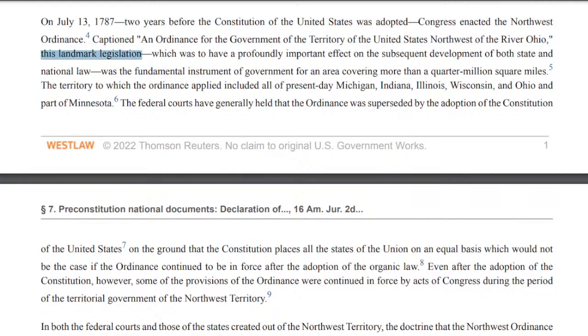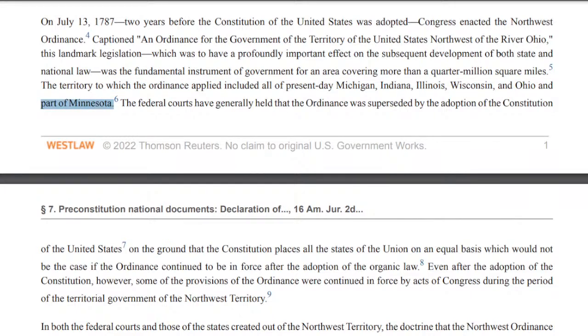This landmark legislation, which was to have a profoundly important effect on the subsequent development of both state and national law, was the fundamental instrument of government for an area covering more than 250,000 square miles. The territory to which the ordinance applied included all of present-day Michigan, Indiana, Illinois, Wisconsin, and Ohio,